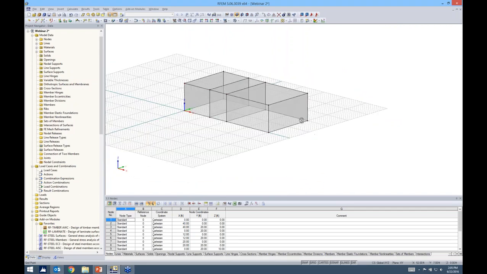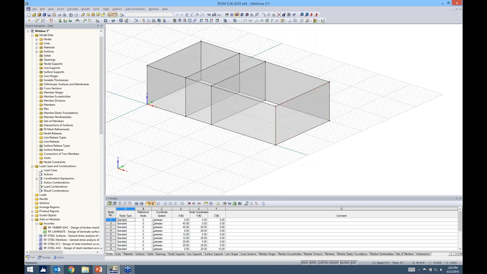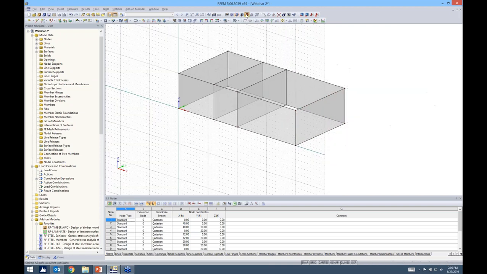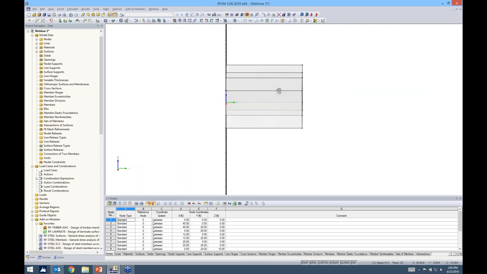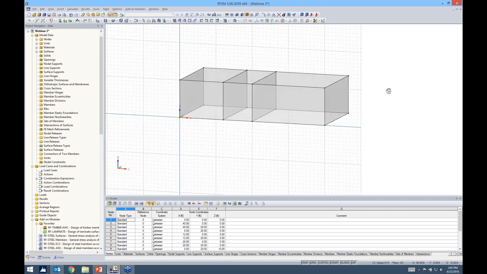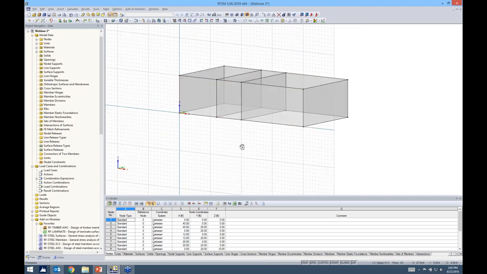Maybe we want to add some openings in these walls, and for this I'm going to go ahead and change my work plane. And you'll notice that that work plane is just on this front wall of this structure. Work planes are important because when we go ahead and continue modeling here, the work plane really confines